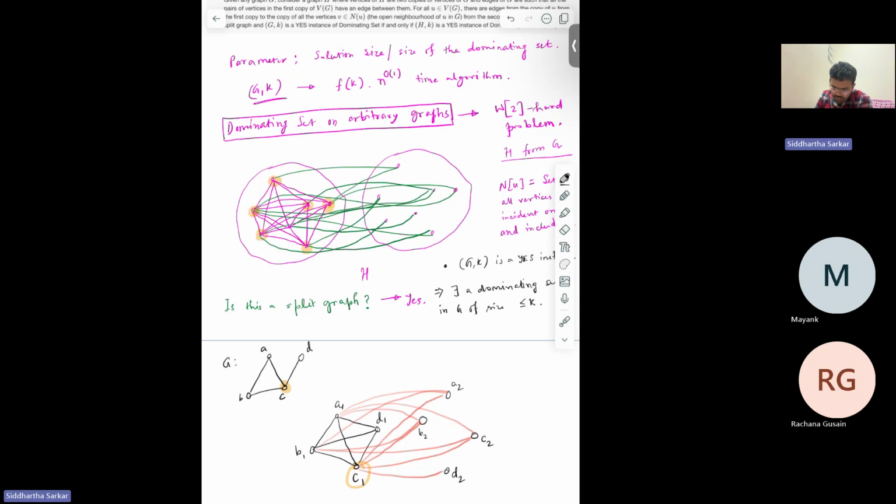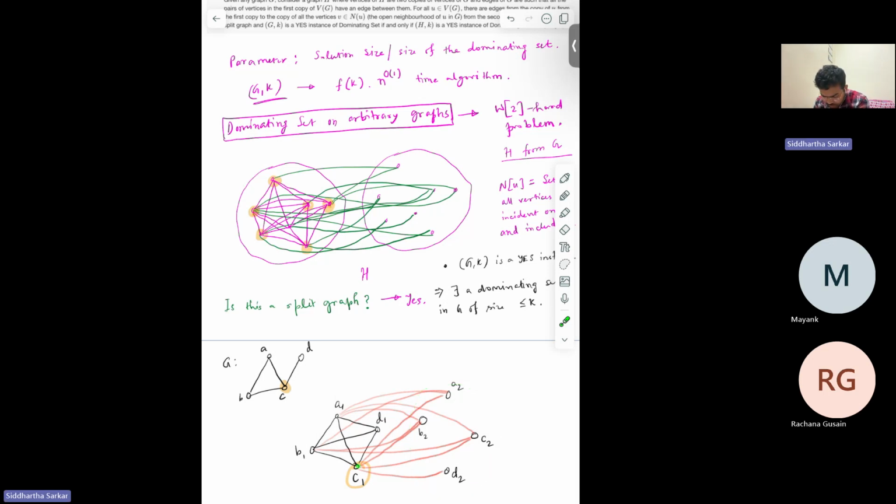So let's look at the construction of H once again. You make two copies of the vertices of G. On the one side, the first copies together form a clique. That's why we have a clique here. On the right side, the second copies themselves are independent, but we will draw crossing edges depending on the edges in G. In G, there are four edges. So these four edges have led to these kind of crossing edges. Now C1, by virtue of being part of this clique, is able to cover all the vertices in the first copy of H. Now in the second copy vertices, if you look at it,